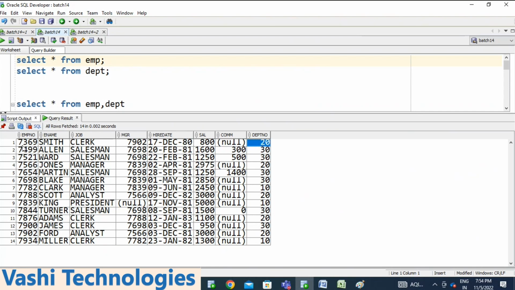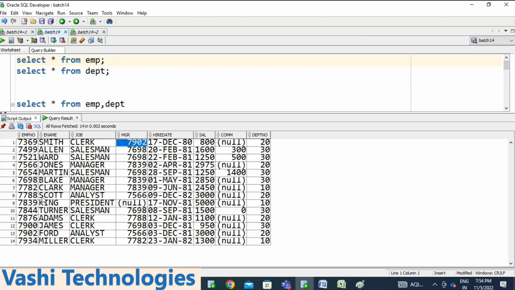See, Smith is working under 7902. You are working under some XYZ person. The XYZ person is also related to the same organization. He is also an employee of the same organization, right? Meaning your manager is also present in the same employee table, right?